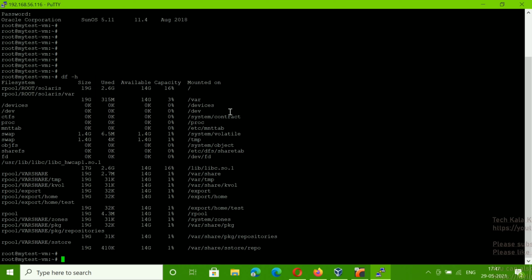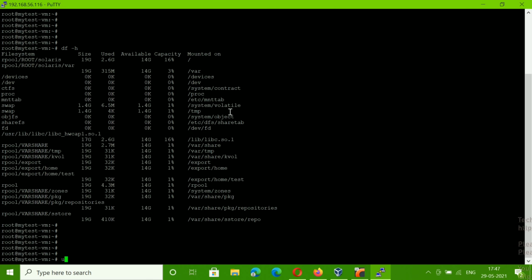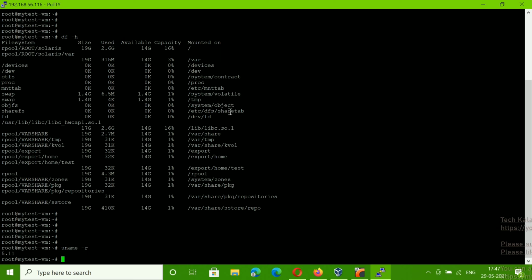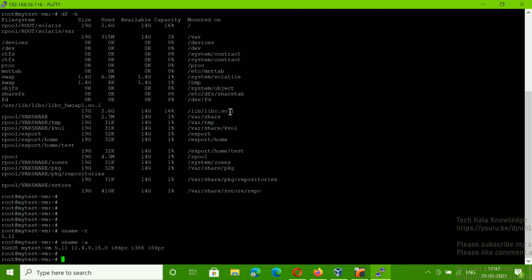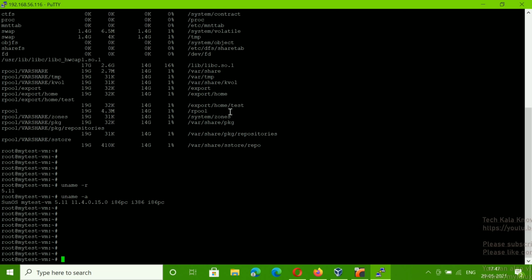If you check uname -r, it will give the version, and uname -a gives kernel details. So this is the way you can install Solaris in VirtualBox.